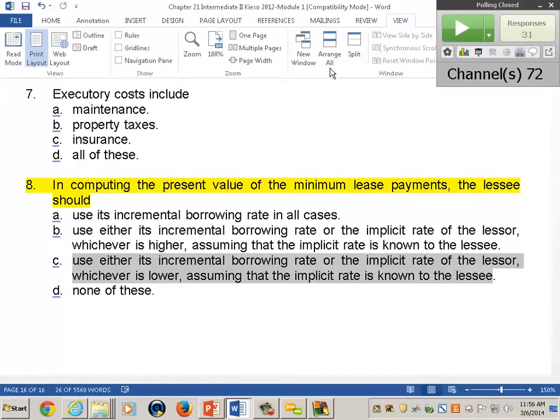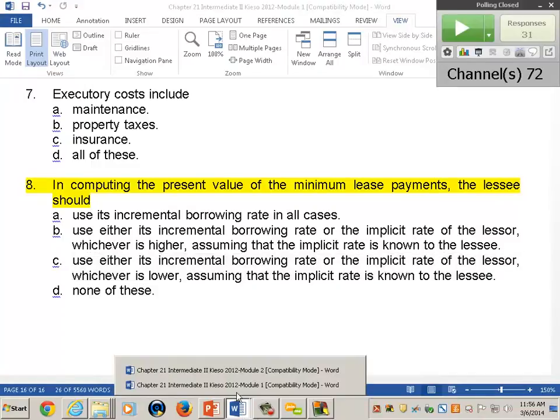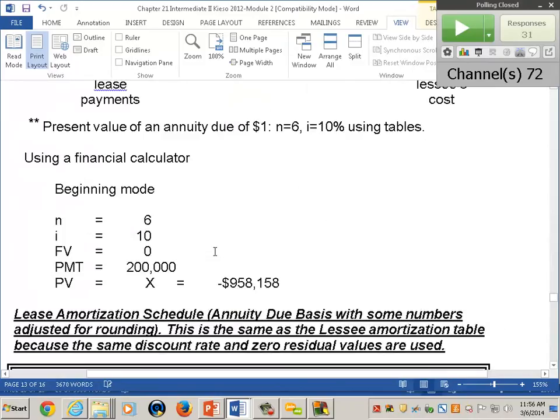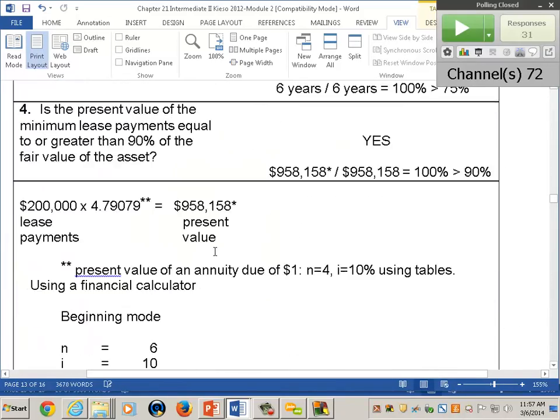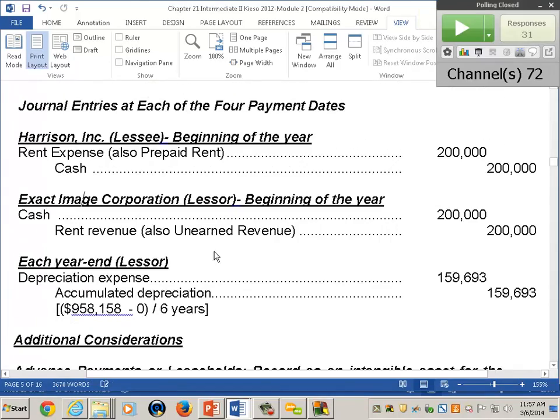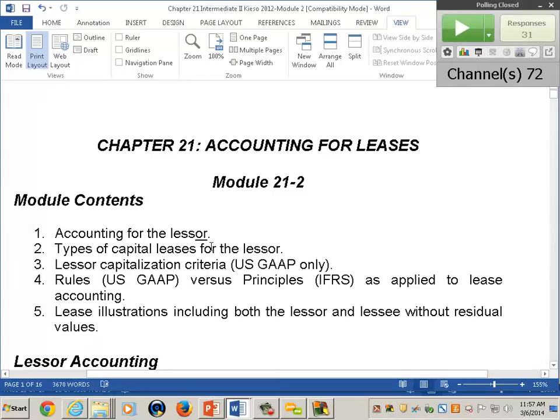Okay. All right, now the next module is where we're going to start looking at some examples, and we're also going to get into the lessor criteria. Now, you have to remember, and let me bring this up on the screen for you, these are our objectives for this module. The lessor has a separate set of criteria from the lessee, and that's only under US GAAP. Under IFRS, the rules are the same, so there are no differences between lessor and lessee accounting under international standards. Under US GAAP, we have a separate set of